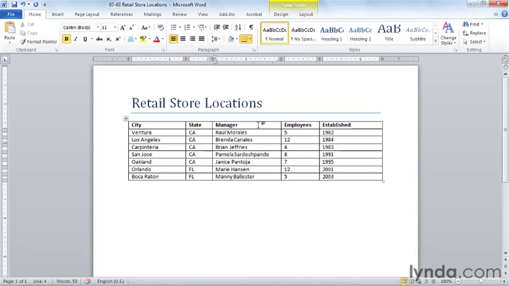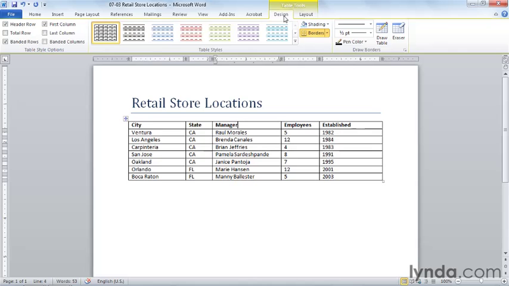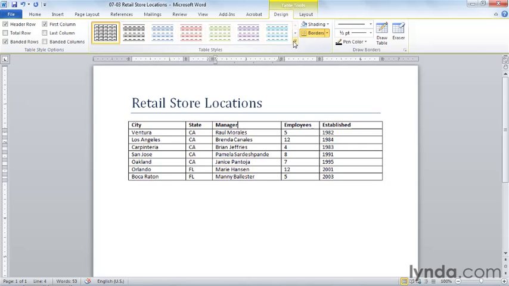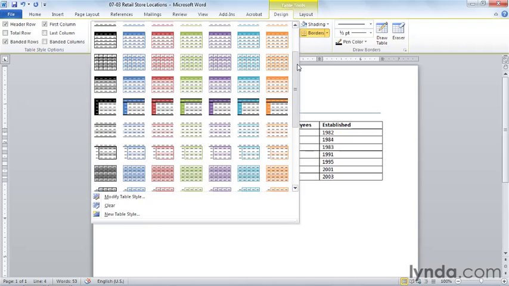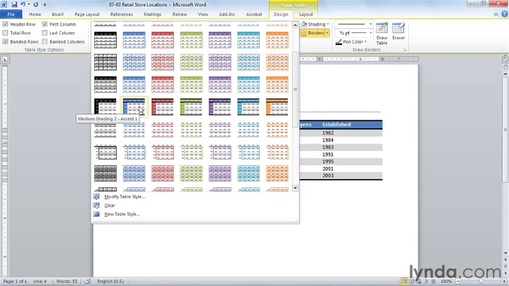First, when I've selected any text in my table or simply moved the insertion point into my table, I have two new tabs on the ribbon, Table Tools, used for layout and used for design. The Design tab has an entire gallery of table styles. If I simply point to a table style, these are more subtle, but as I open my gallery, I'll find that there are some where the header is highlighted, and some, for example, where the left column, the first column,